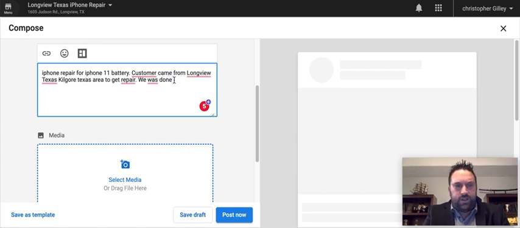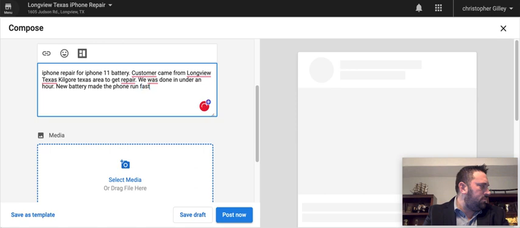You'll be able to see we were done in under an hour, new battery, made the phone run faster and like new, with pictures. With our system,